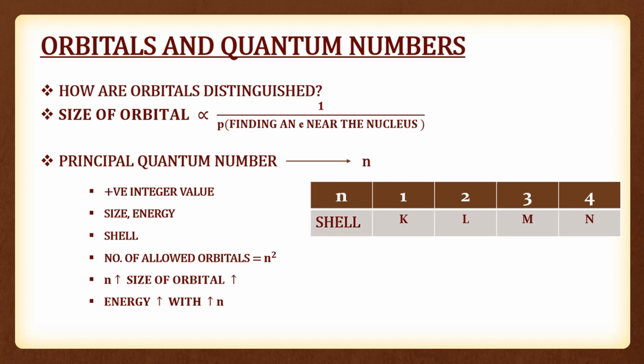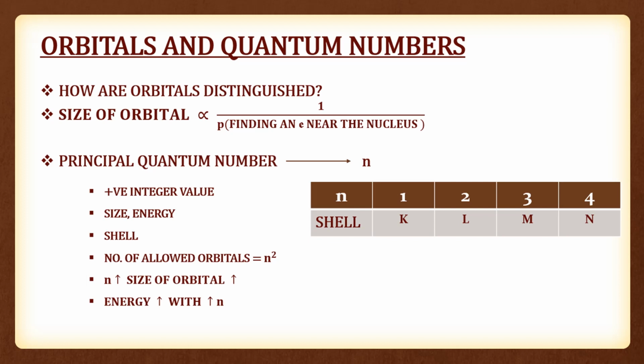Atomic orbitals are more precisely distinguished by something known as quantum numbers. The notations are n, l and ml. The principal quantum number is denoted by n. It's a positive integer value so that n takes the values 1, 2, 3, etc. It determines the size and to a large extent the energy of the orbital. For hydrogen-like species, the energy and size of the orbital depends only on n.